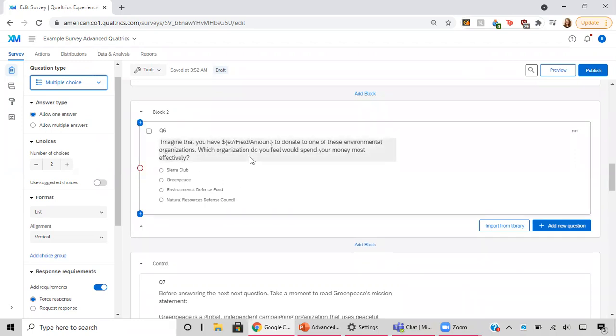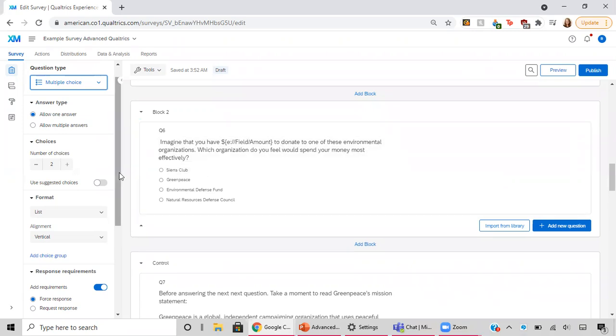For this question, we are going to have an embedded data field where respondents will be randomly assigned either $50 or $500. So to do that, we're going to use embedded data. We're going to click on survey flow,